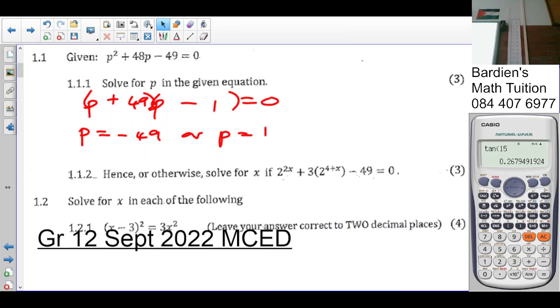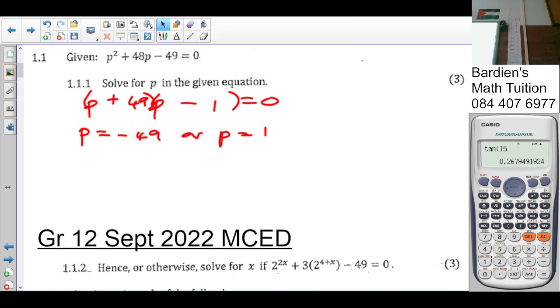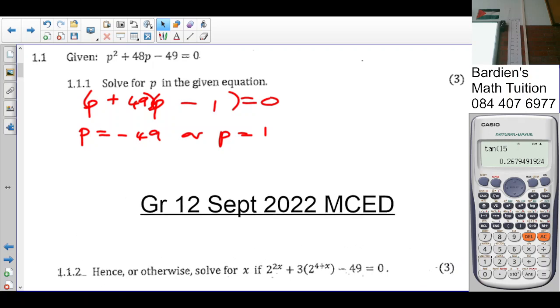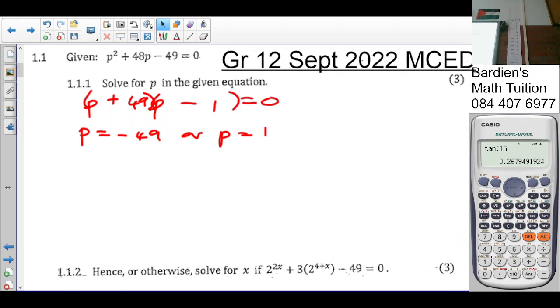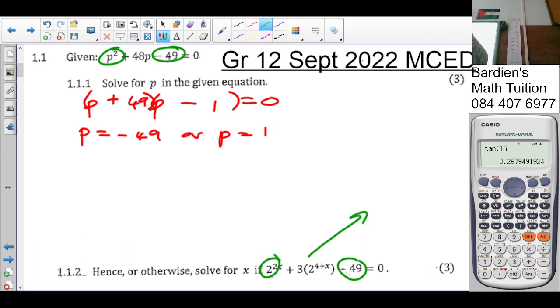Let's go for number 1.1.2. We are told hence or otherwise. If it says hence, what must you do? Use the previous calculation. It says hence or otherwise solve for x. What you notice here is that I got negative 49 plus, and on the P squared place I got that thing. Not so? So this here, if I simplify this, this could be written as 3